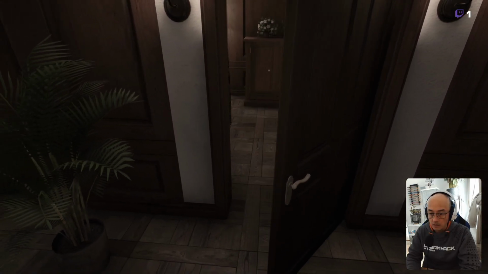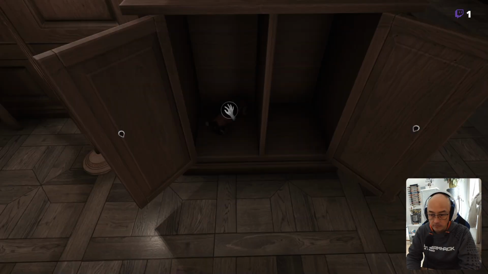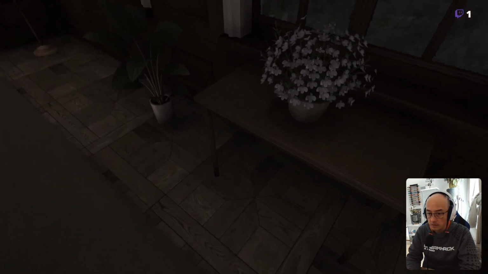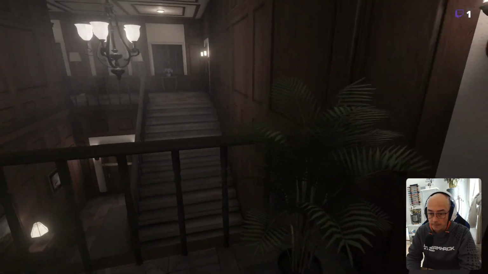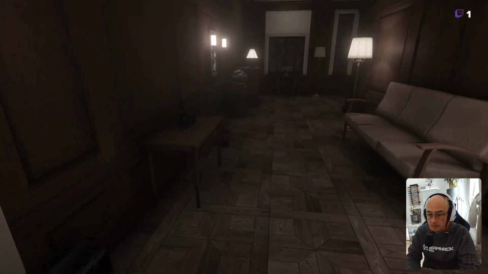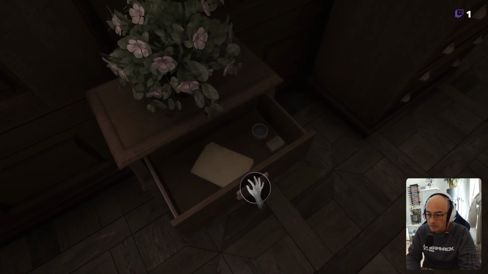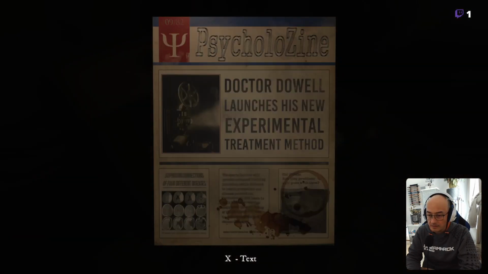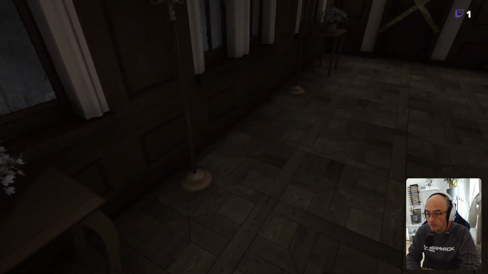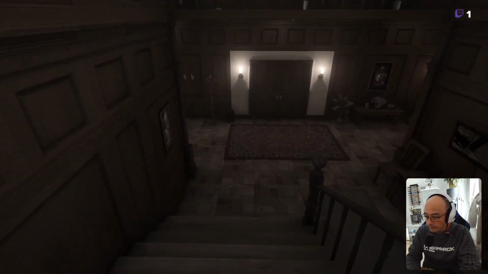So I will take a look at every drawer, for instance, or every closet, because sometimes you'll find keys over there and you will need them to progress. The documents are not necessary for the story, so we don't have to read all of them, but we have to be watchful for the keys.